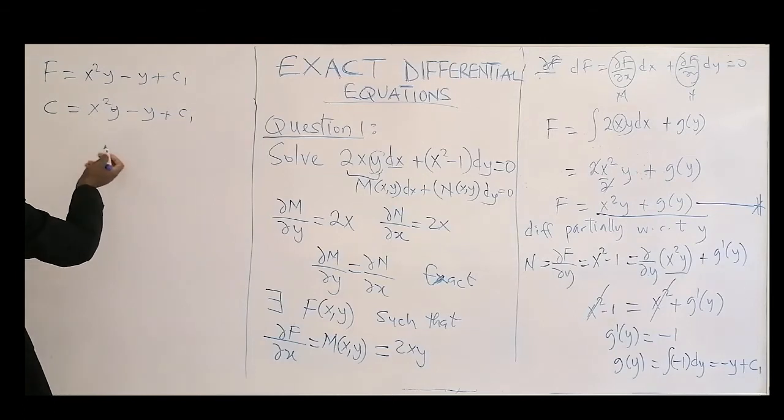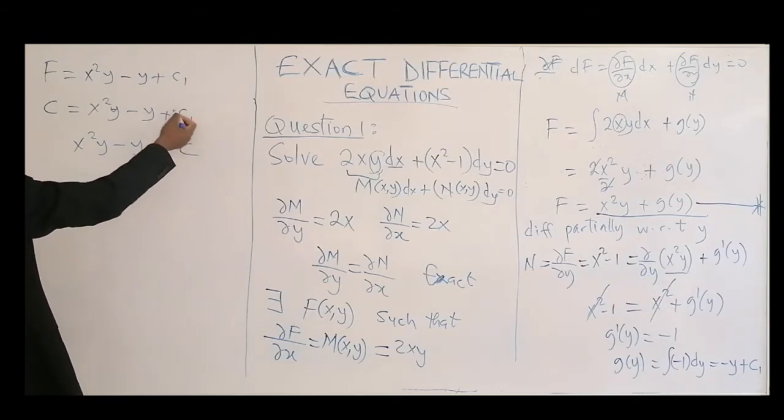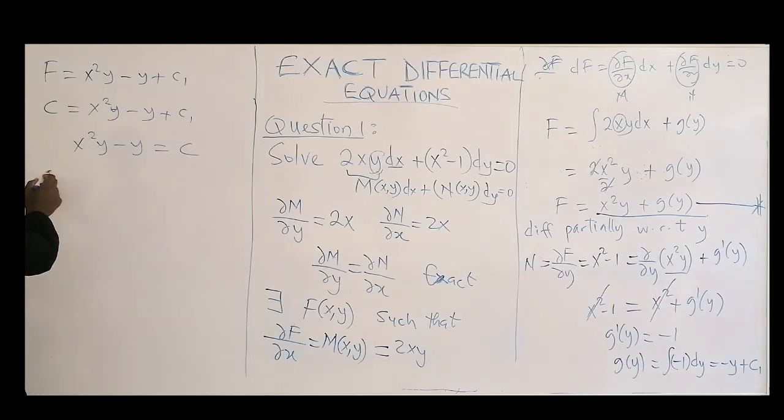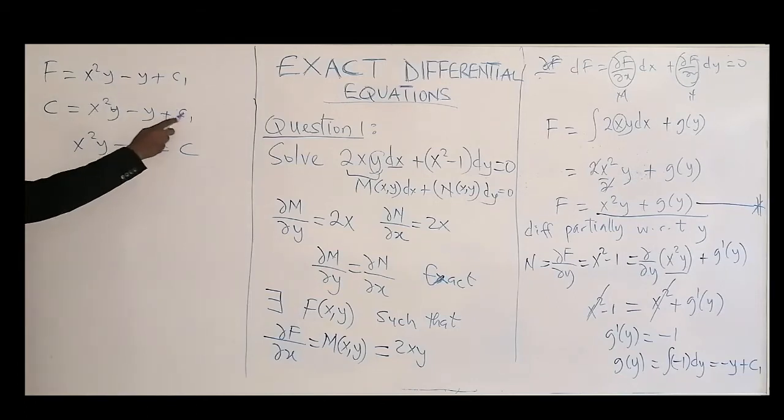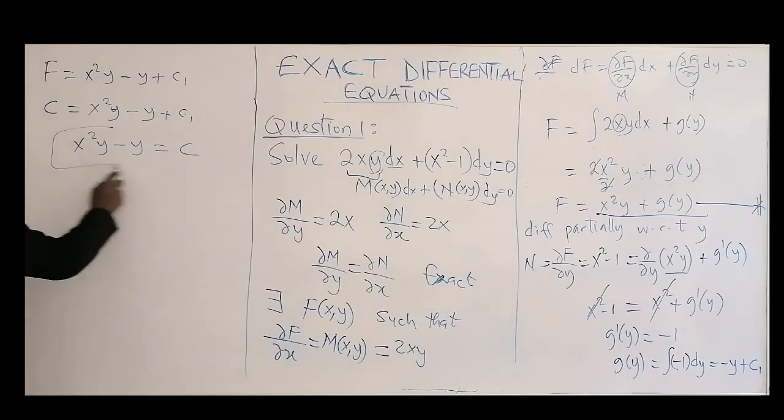Okay. Finally, without wasting our time, x squared y minus y equals c. Because this c1 here can go to the other side, and it's constants minus constants. You just give it capital C, just c. So you don't need that. So just assume that this one with this one will give you this. So that's just that, and that's the answer for our question.